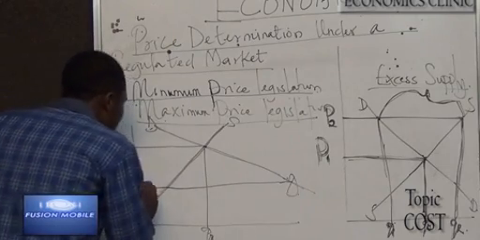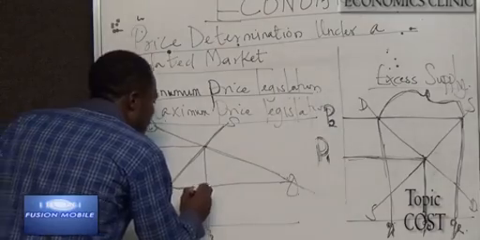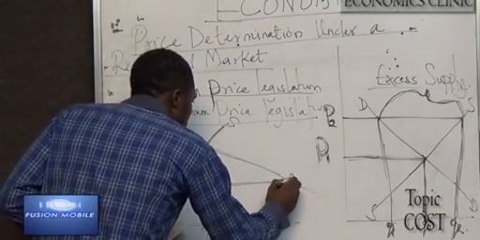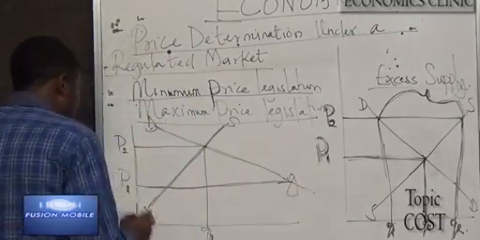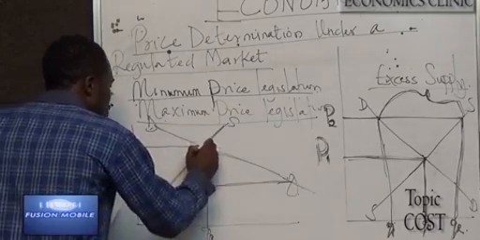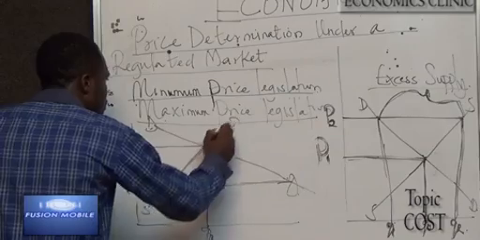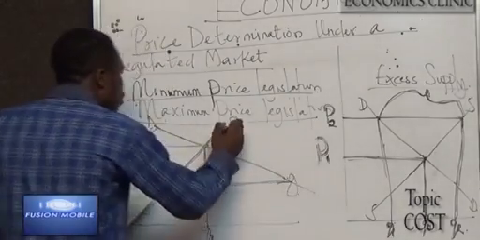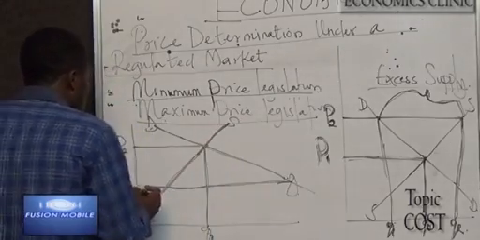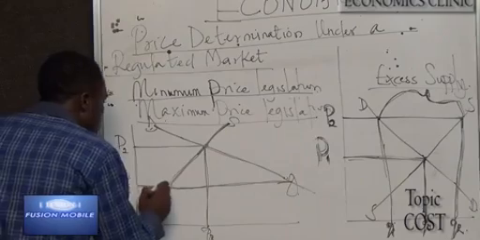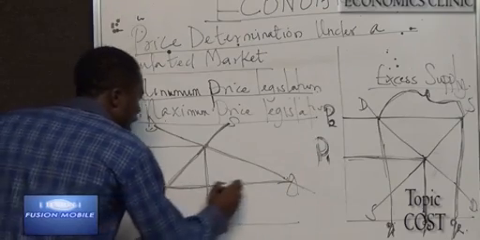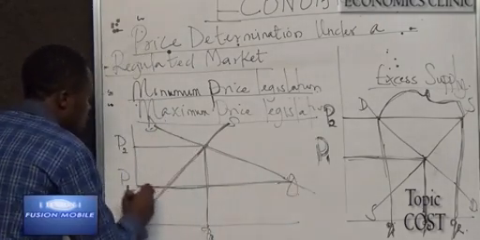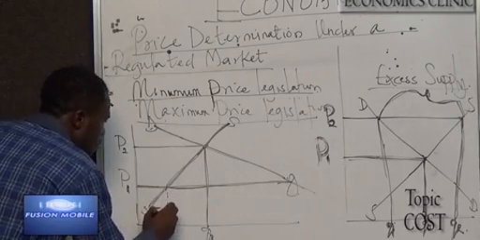Now, if price is fixed at normal market equilibrium, this is the normal market equilibrium, it causes no noticeable effect. But if it's sold below P1 here, it shows to us that